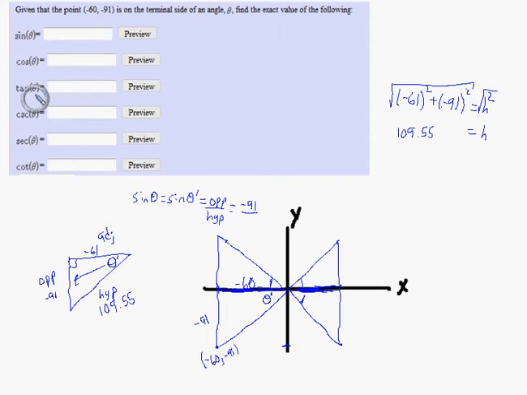It's just a matter now of going through and memorizing the definition of all these trig functions and what ratio I'm supposed to form. Since I'm doing the sine function, the ratio is opposite over hypotenuse, so for that question, the answer is negative 91 over 109.55. To keep the video from getting so long, I'm not going to do all these, but since I already have the 109.55 in my calculator,